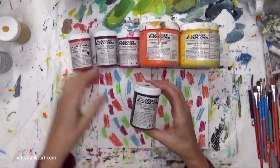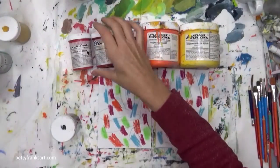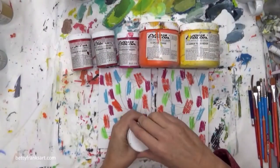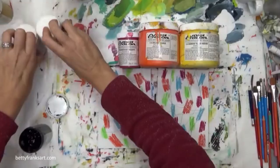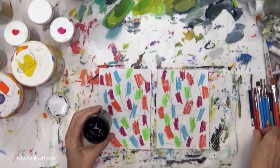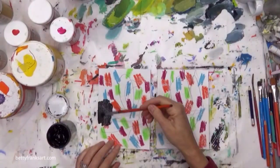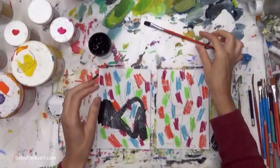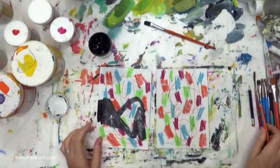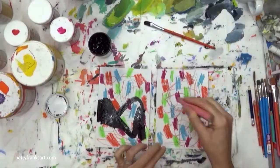I've got carbon black, I've got a number of different colors, and here I'm going to switch out one of them. I like using the quinacridone red. I think I had quinacridone magenta before, but I like the red a little bit more than the magenta. I love them both, but they produce a slightly different color. I like to start with black, and then I realized I didn't finish my whole mark making process. This is where I put down a whole bunch of different marks